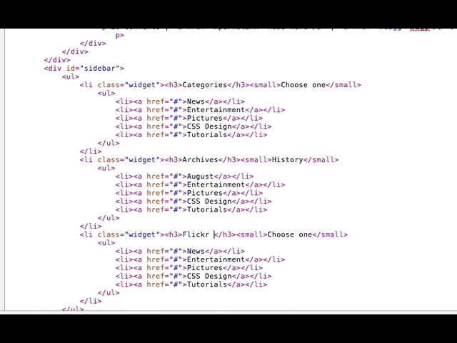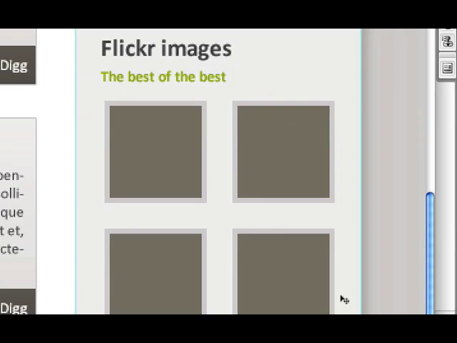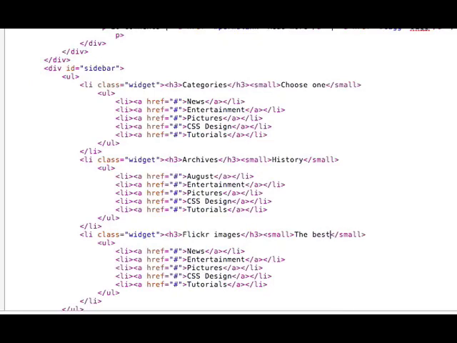Flickr images. Now we actually need to change the look of the Flickr thing, because it's going to actually be a list of images like this. Best of the best. So in here, all we need to do is go image source equals Flickr.png,